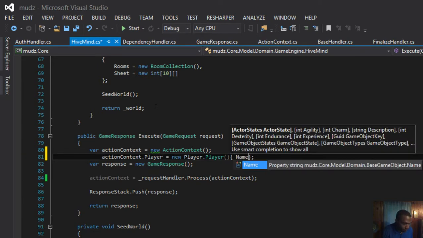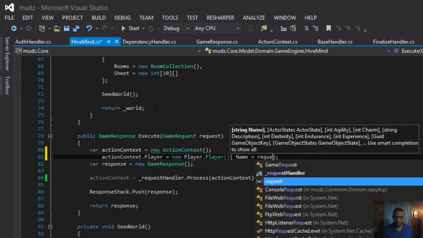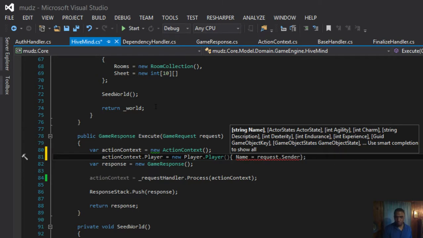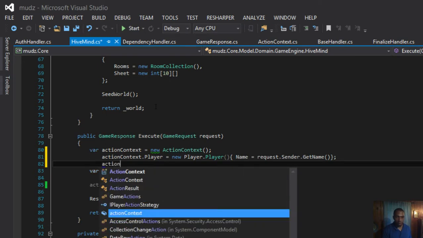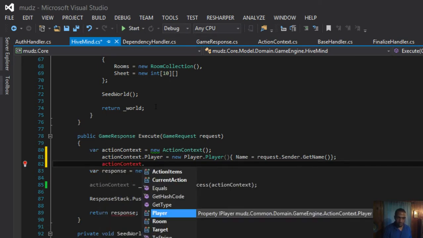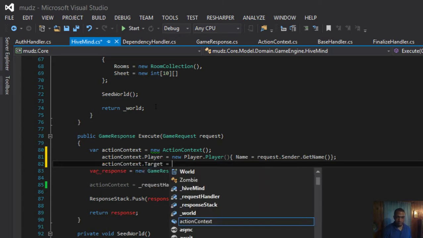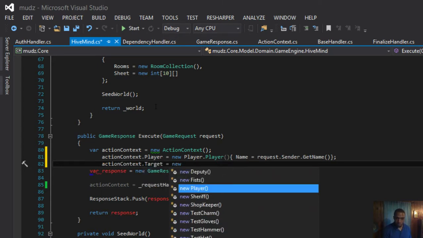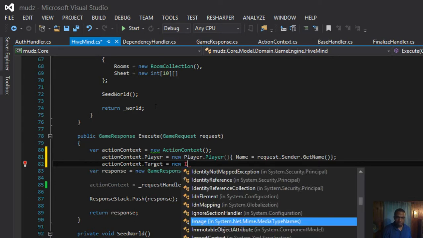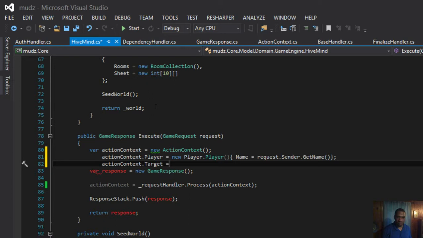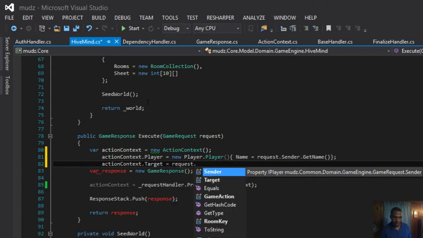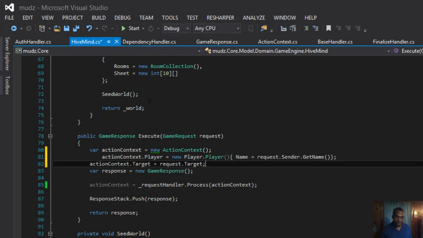We just need to give it a name. And then we want to set up our context.target equal to new, it's not player. Request.target. So I guess we could just do this, right? Instead of going to the whole new player thing, it's already been newed up for us at some point.